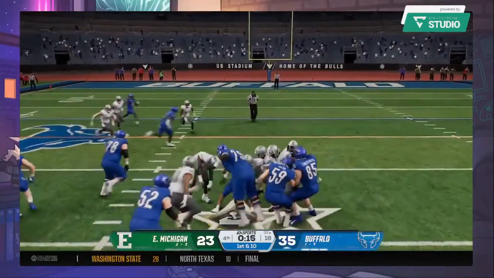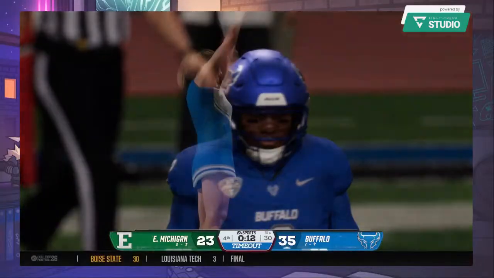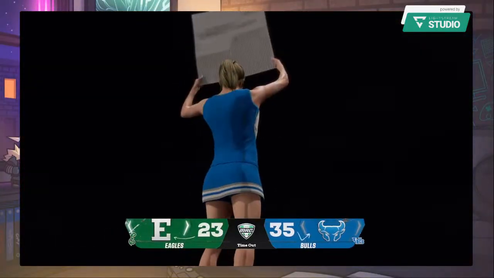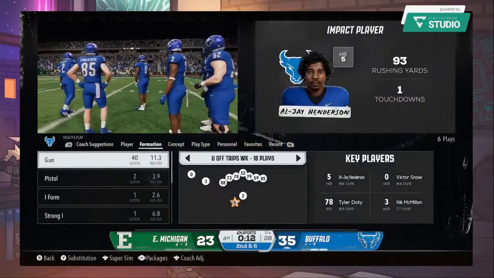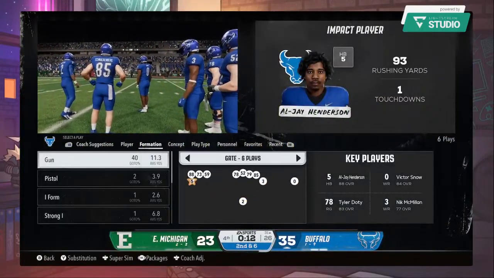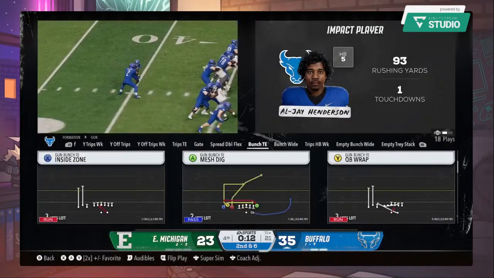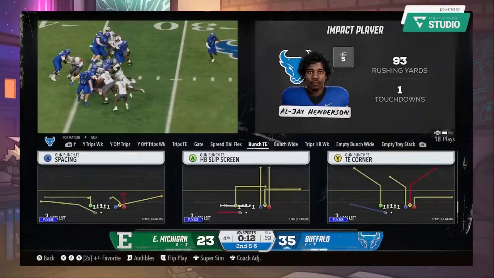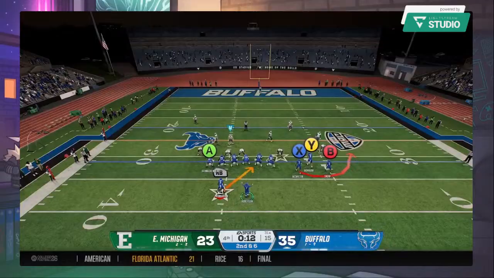Out of the gun to give to the back. Really nice job stopping the run, but the problem is you have 0 timeouts left. You cannot stop the clock right now if you're the defense, so this has got to be excruciating for them. They know the offense is just going to take their time before they snap the ball. After the productive first down play, it's 2nd and 6.